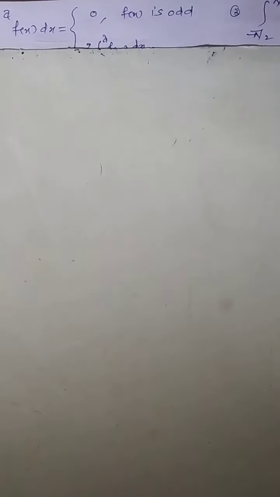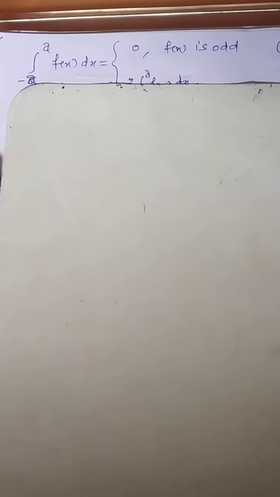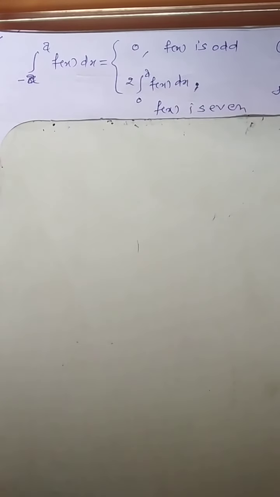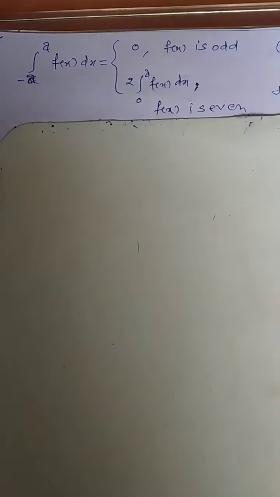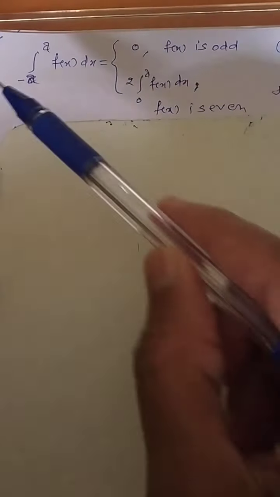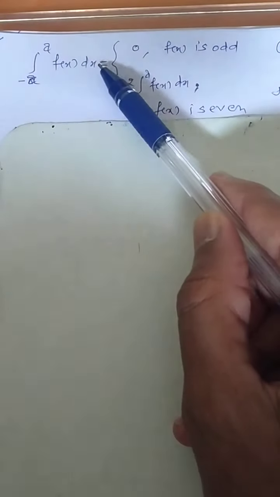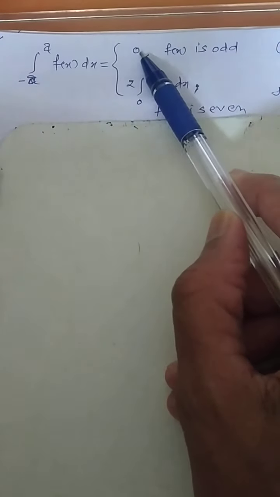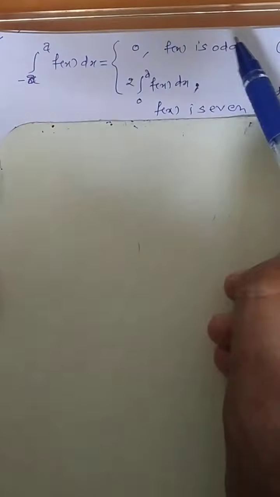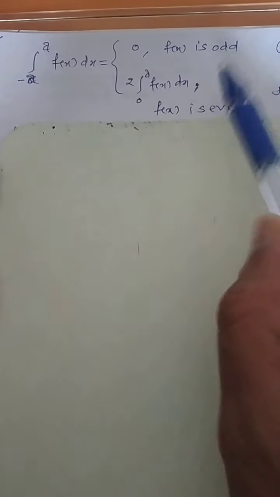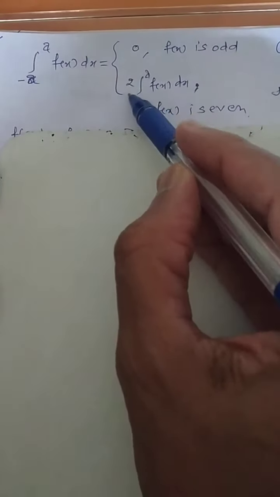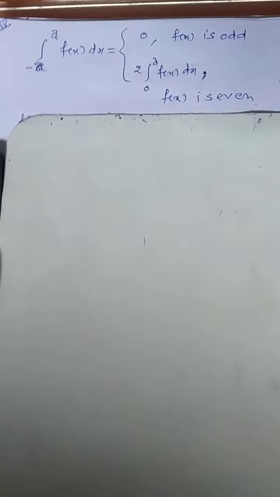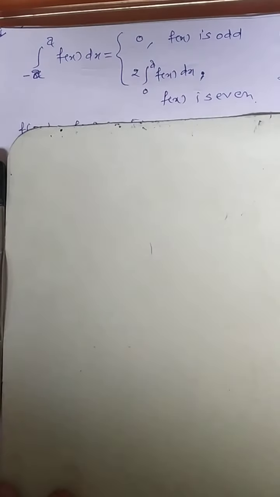Yes, now in this video also we are going to learn a few properties. Properties continued. Look at the property. It is very easy to identify because the lower limit and upper limit are opposite of each other. Integral from minus a to a of f of x dx. Sometimes the answer will be straight away 0, but when? If it is an odd function. And if it is an even function, then its value will be 2 times the integral from 0 to a of f of x. So in this discussion we are going to learn this.